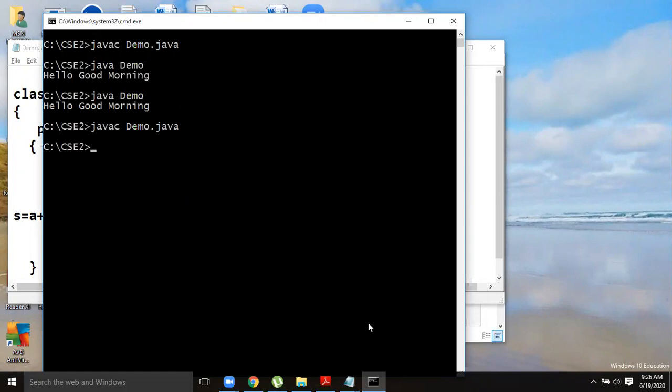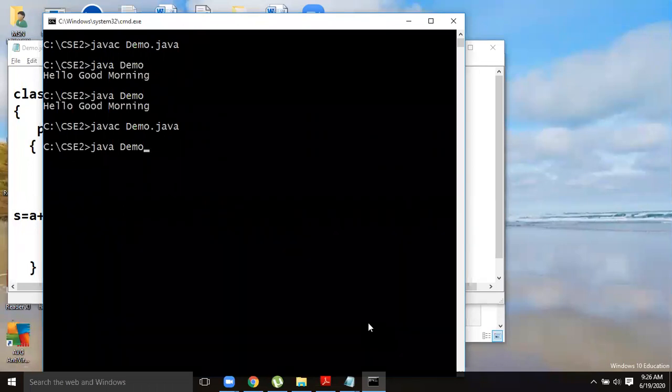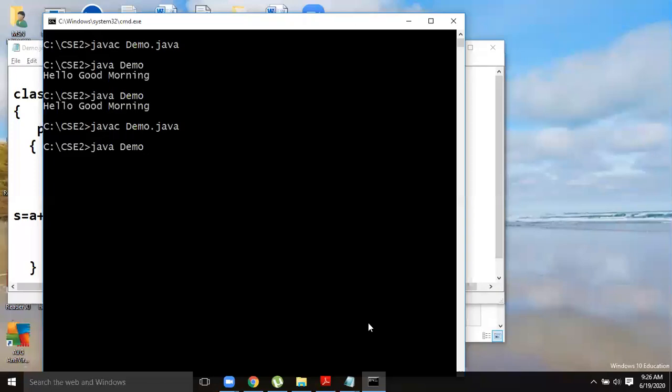Then only the corresponding class file will be loaded, and the class file should be loaded in order to run your program. So now I give a space and two inputs, for example 25 and 89. Then I press enter. Now it is giving the correct output: s = a + b is happening.